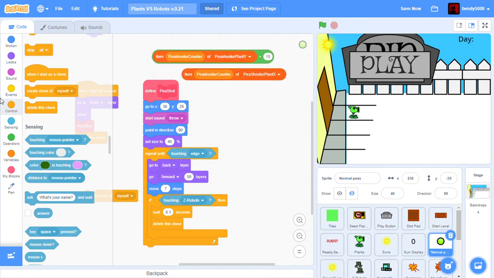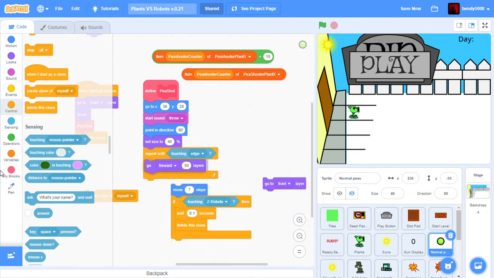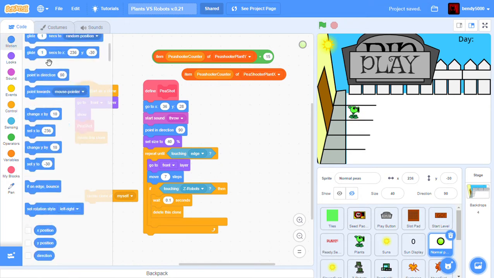So I want to add some exposition also and make it go to front layer, because I don't want it to go to back layer, because the tiles are the ones who go to the back layer. I don't want that. So go to front layer. But then that means in front of the pea shooter. So hold on. Let me just